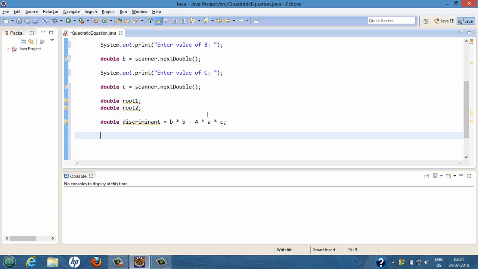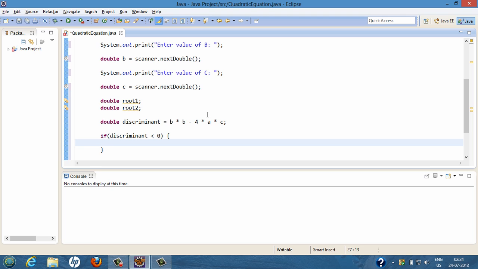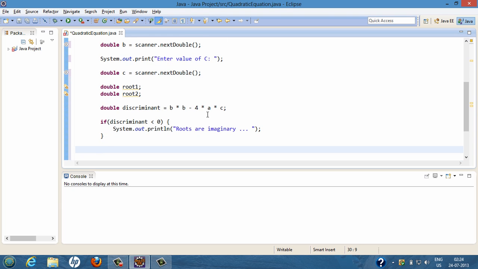So first we'll put a check on whether discriminant is less than 0 or not. If discriminant is less than 0, we'll simply output something like that roots are imaginary. We'll move further. We'll put another check